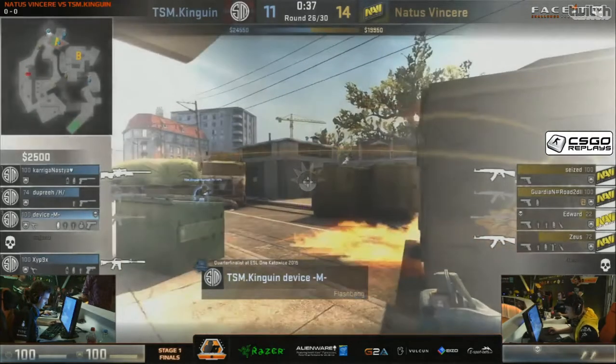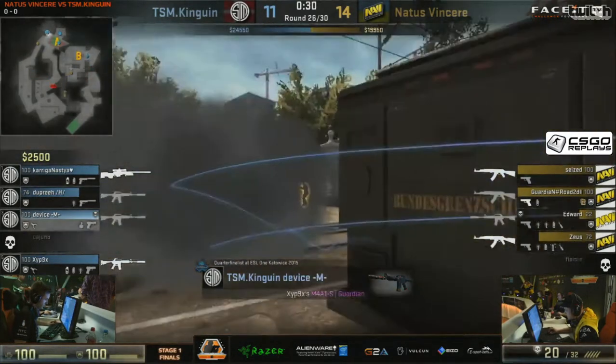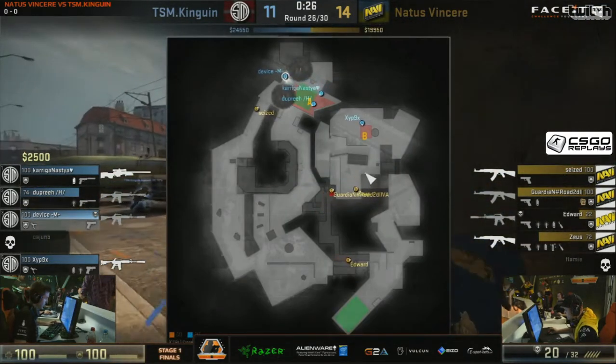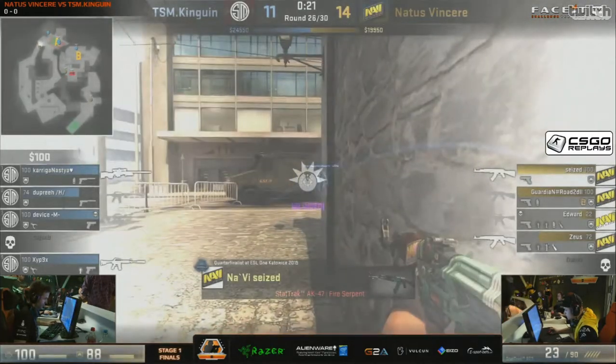Alright, so let's see if NaVi can put him in the right places. And again, the thing is, TSM can throw the smokes as they've just done onto the Molotovs to basically create walls. That said, it does spend what they have remaining, but with 25 seconds left on the clock, that might be in their favor. Bomb headed back